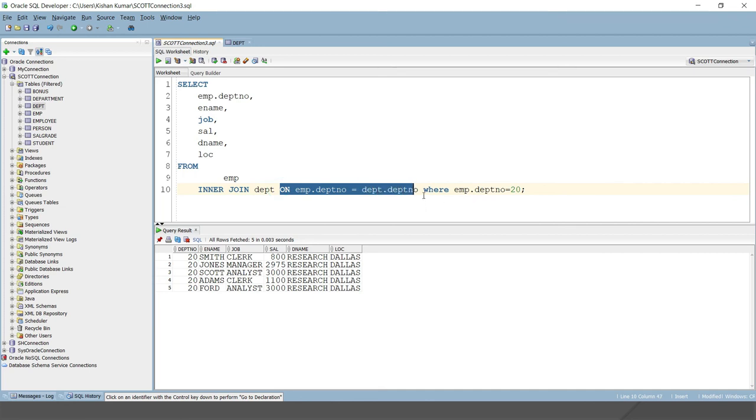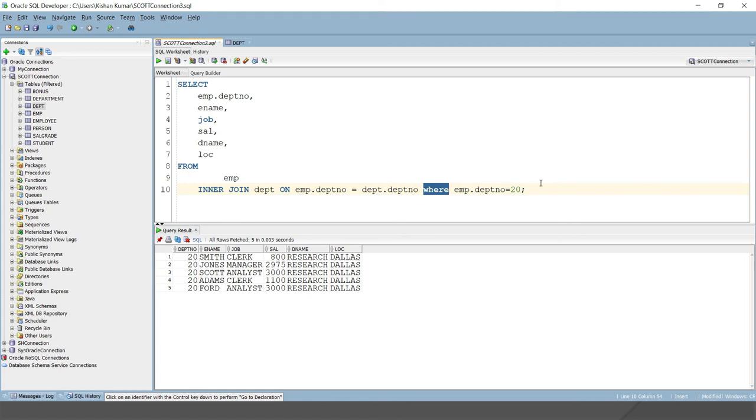Along with the ON clause you can put AND criteria, or you can have a where clause as well. In the where clause you can have more than one condition combined with AND. You can have a group by, you can have an order by, everything you can write in any kind of join. So that's all I wanted to explain in this video tutorial.